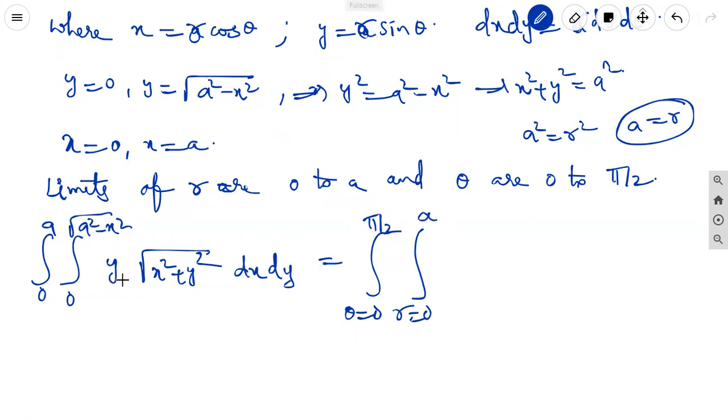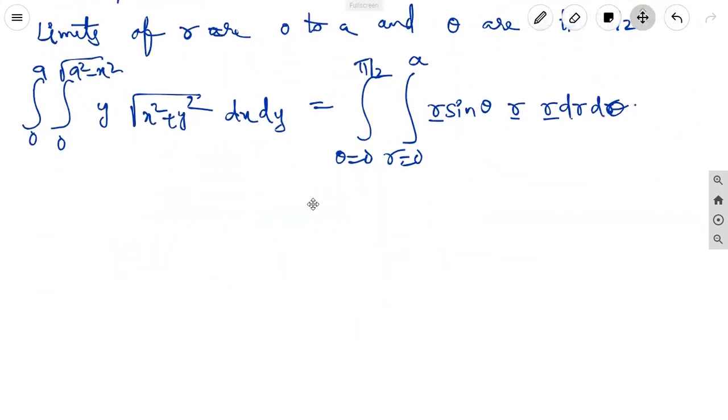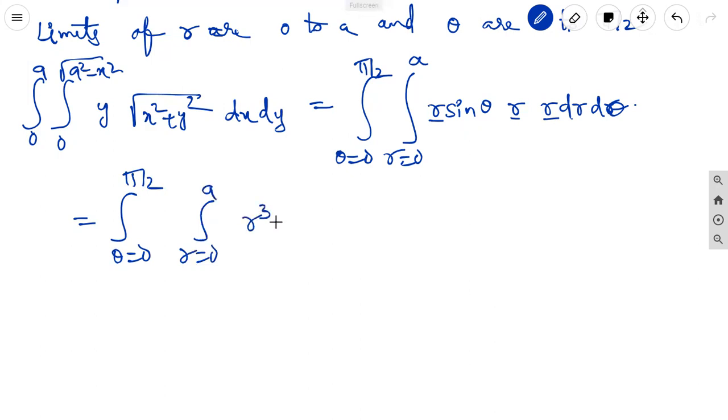And what is y? y equal to r sin theta, and under root of x square plus y square is nothing but small r, dx dy is nothing but r dr d theta. It is equal to r into r into r, that is r cube. Here it is equal to integral theta equal to 0 to pi by 2, integral r equal to 0 to a of r cube dr,